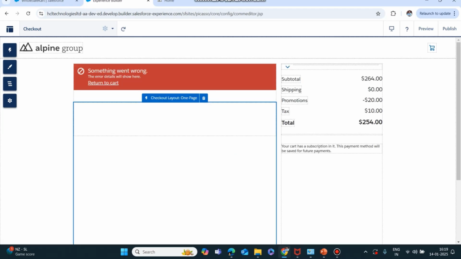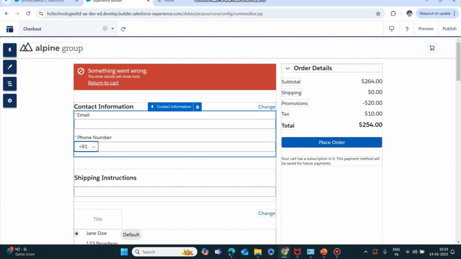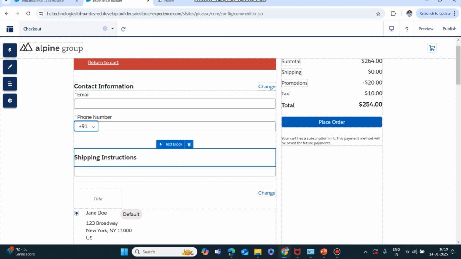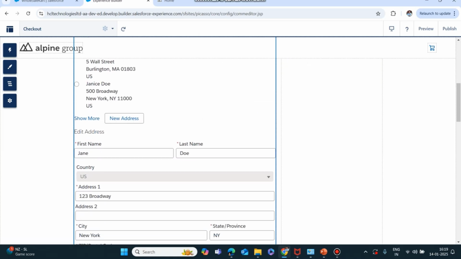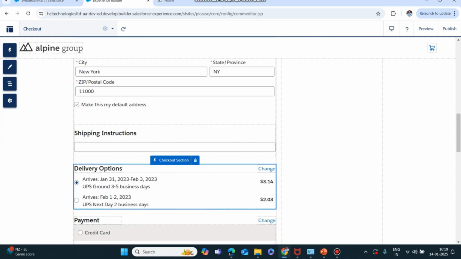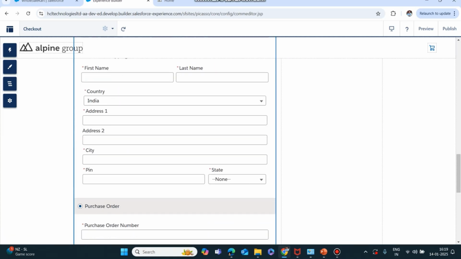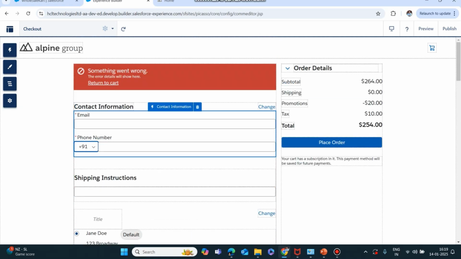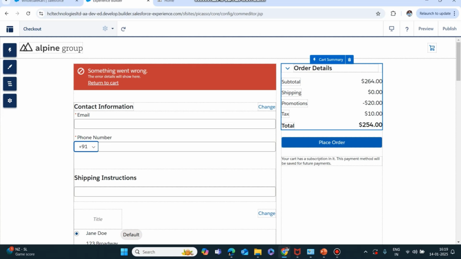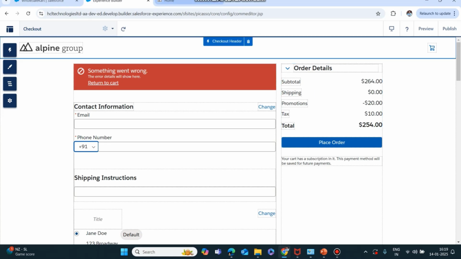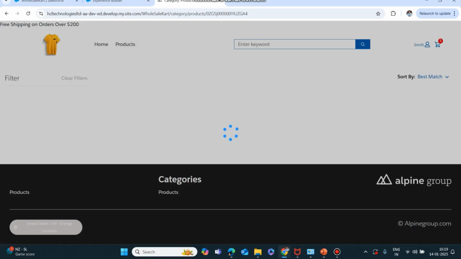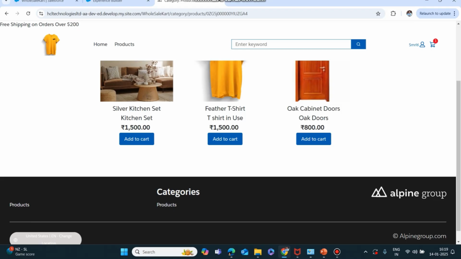here you can see many components are added. Like there's a contact information, there's a text block, there's a shipping addresses. There's a shipping instructions, there's a shipping method, there's a dual payment. So today I'm going to explain to you what all the components are needed to place the order successfully. So if I log in here, I've already logged into my site, and if I click on products and if I add anything to the cart